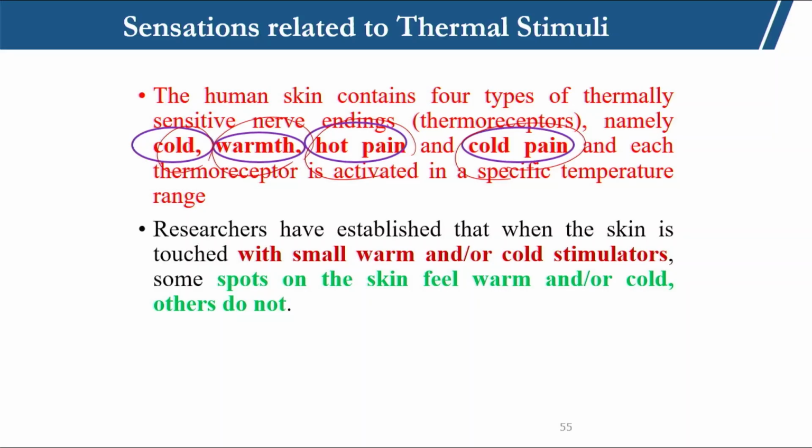Where the warm sensors are, if we touch any warm object at that point, it will sense, and at other places it will not sense. It is similar for the cold sensors also. Some spots on the skin feel warm or cold and others do not.